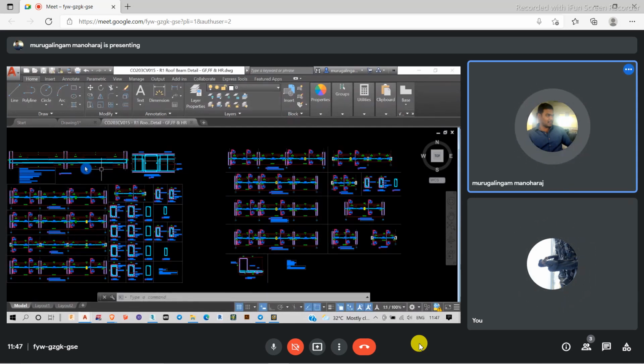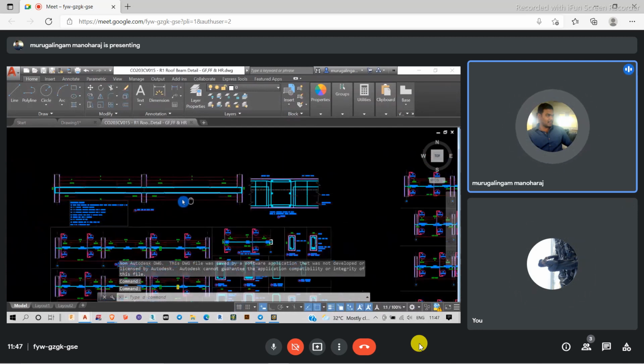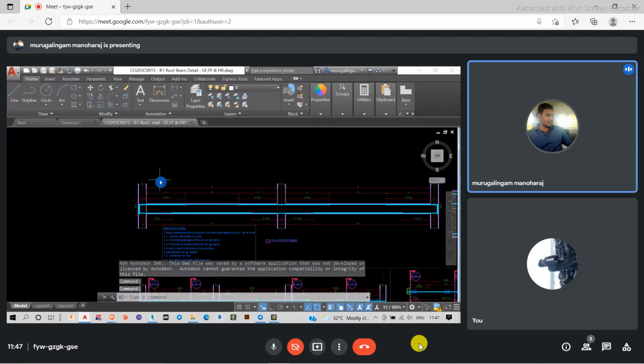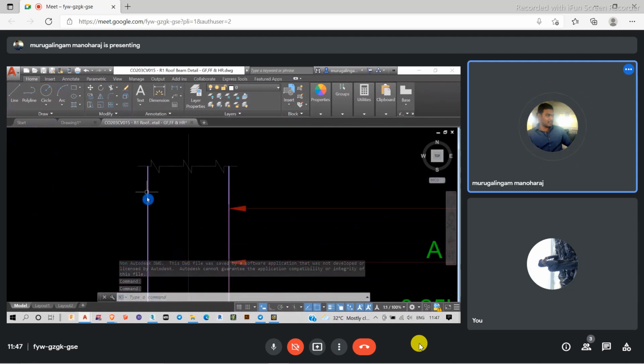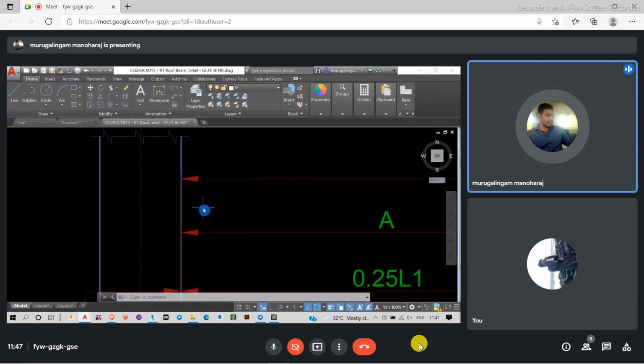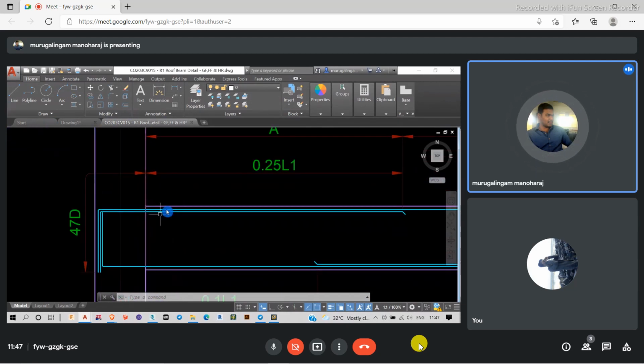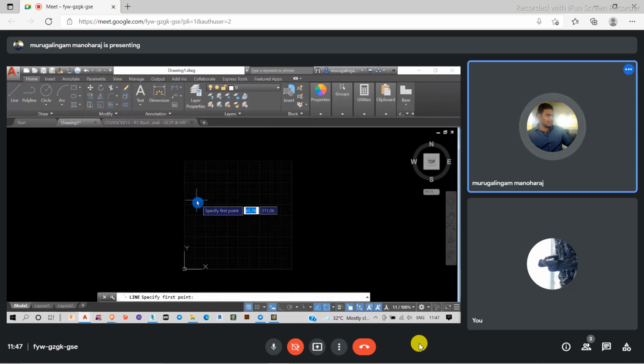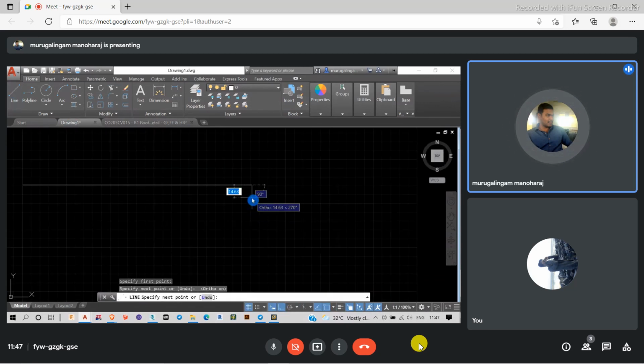Here, what I can see is that the lines are of different colors, and there is some specific thickness to the lines. They have given some kind of thickness to the lines. For example, if I draw something here, my thickness is not visible. It's almost like zero thickness.